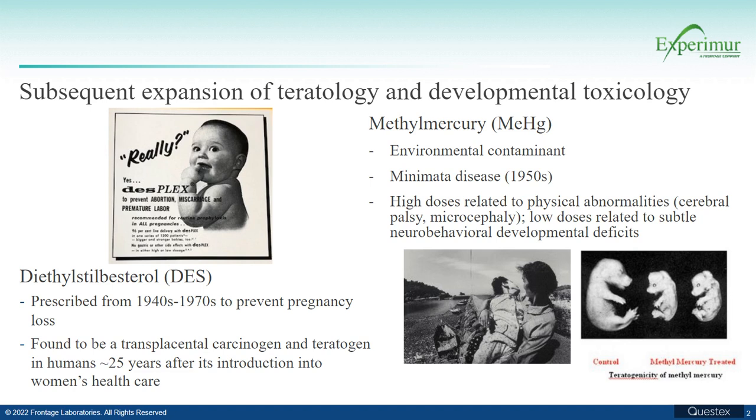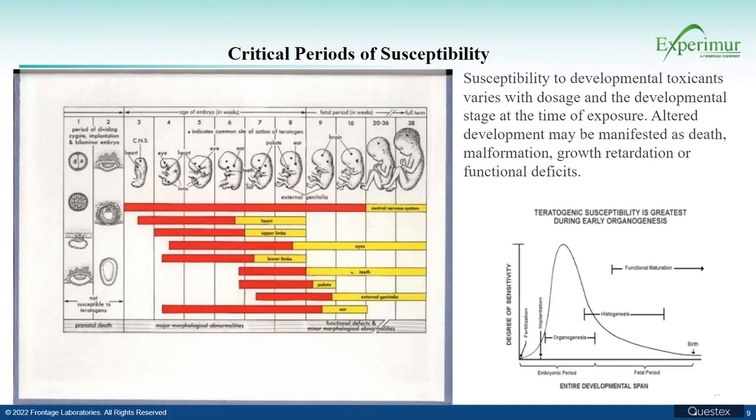And not only that, even at low doses of exposure, there are subtle neurobehavioral developmental deficits as well. So even if there aren't acute outright symptoms of poisoning, you might have children that are born with other behavioral or neurological deficits. So that being said, as the field continued to grow, there was an assessment of critical periods